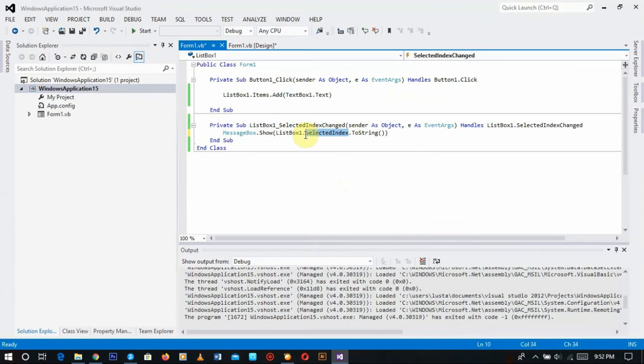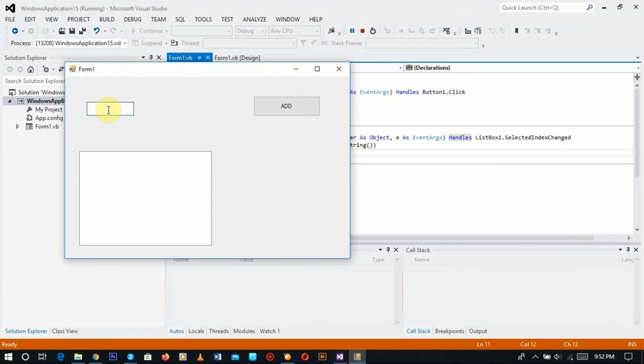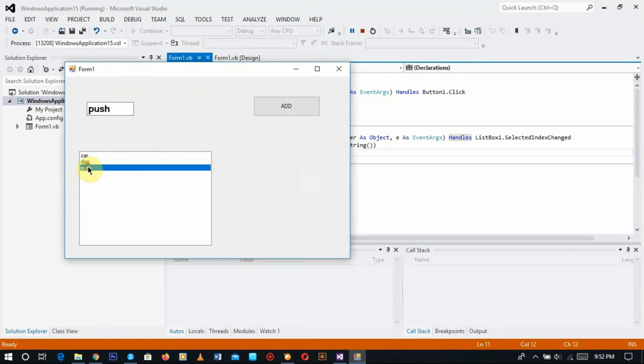So you can just highlight this line and then type selected index on it. So let's run again and see. So let's have car, we add dog, push, let's select dog, 1, okay, push, 2,